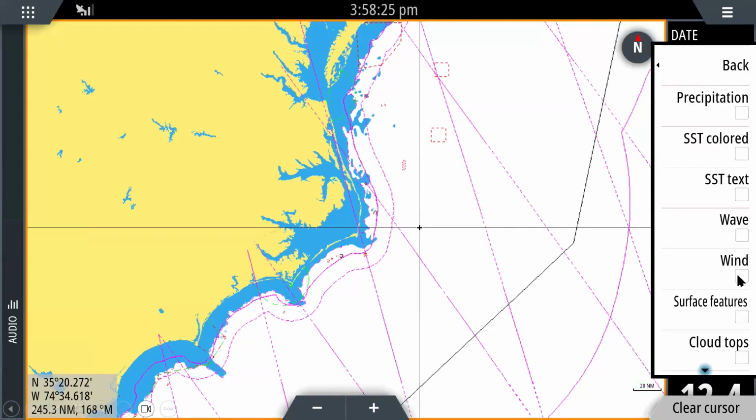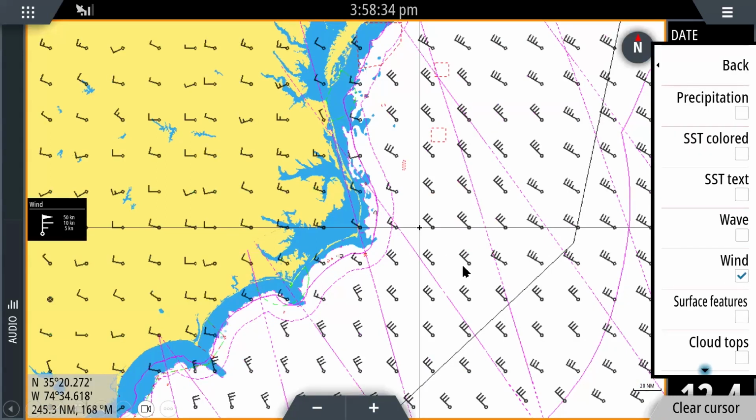So next we're going to talk about wind. And here you can see, turn on, here's my wind information over here on land. This is our wind symbol. On the legend, we have a scale that comes up that shows you that information. Basically, the little dot on the end, the shaft extending from that points into the wind. In other words, here we would say the wind is coming from the west at 10 knots in this symbol